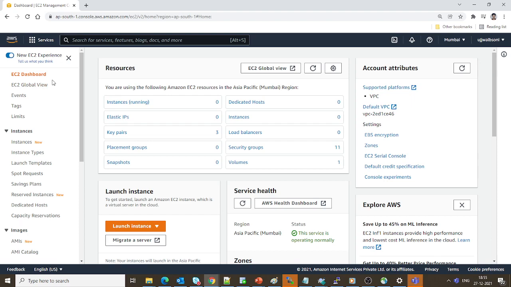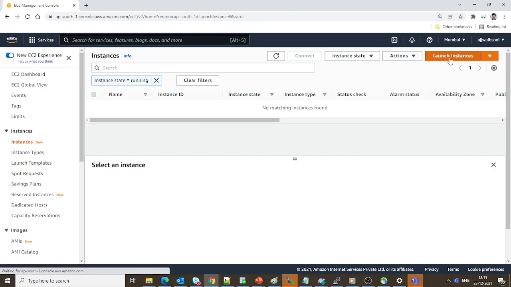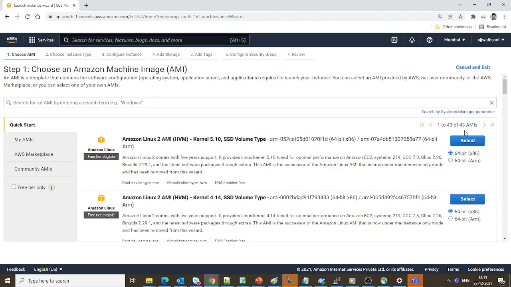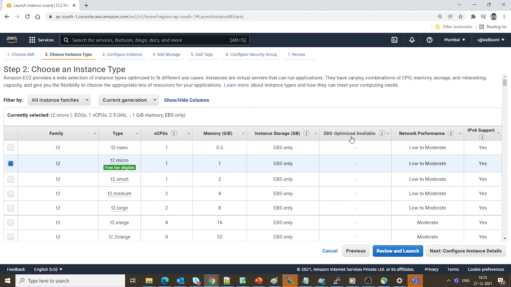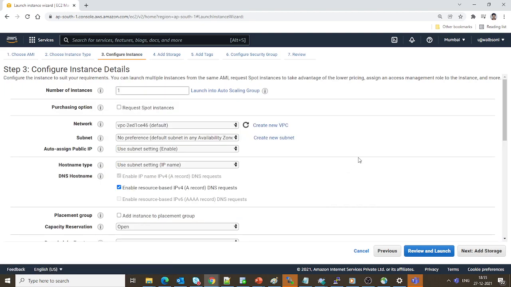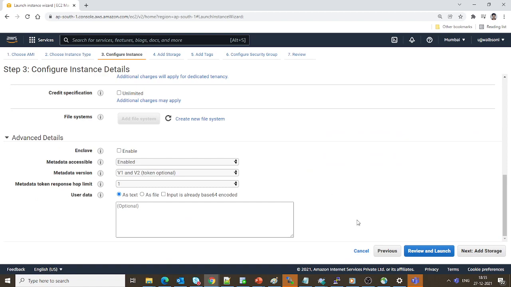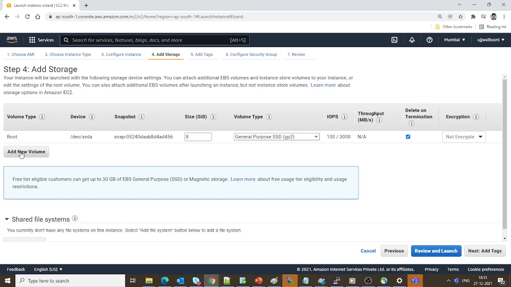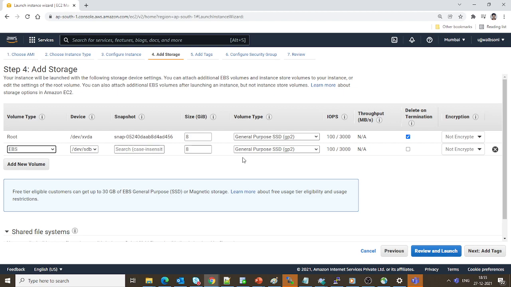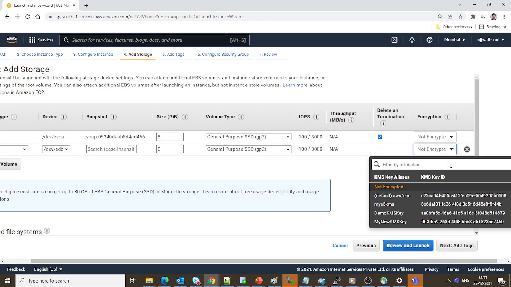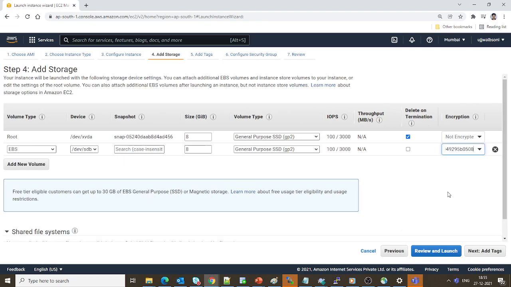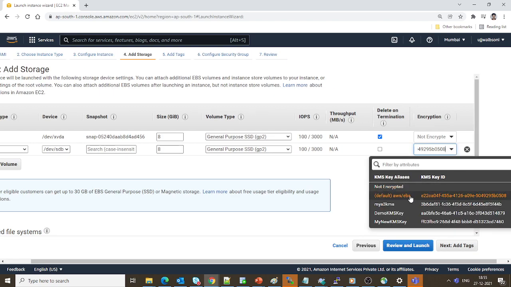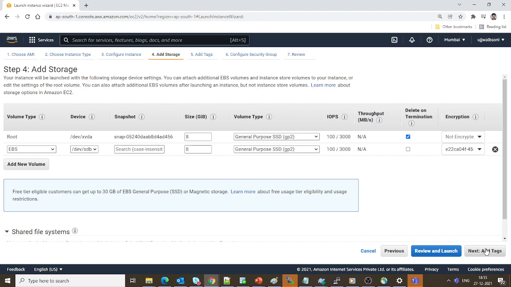So here I'm logged into my EC2 dashboard and I'll launch an instance. Okay, T2 micro, it's fine. Launch only one instance with some storage. I'll add an EBS volume. Okay, looks good. We'll encrypt it with, let's say, this key, the AWS EBS key. Next,